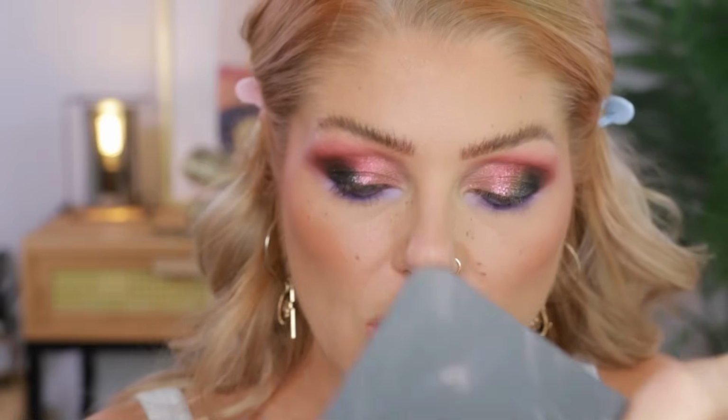We're gonna do this one that's called Shy. And we're gonna put it in the inner corner, and I'm also gonna just blend a little bit of this on top of the edge here to just